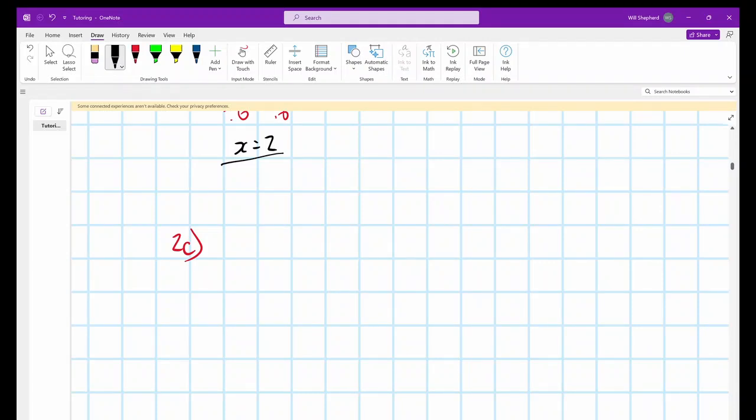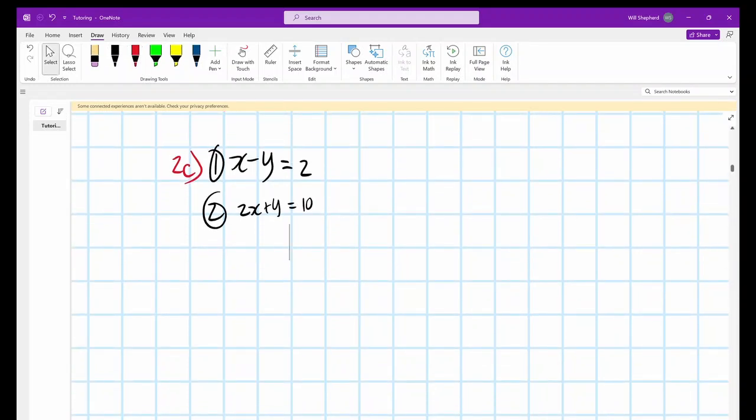And for 2c, we have x minus y equals 2. That's our first equation. And our second equation is 2x plus y equals n. All right. So we've got to ask ourselves whether we are going to be eliminating x or y here, and I think y will be the one to get rid of because of the negative y and positive y there. So then we would just go 1 plus 2 here, which means that we will get x minus y plus 2x plus y